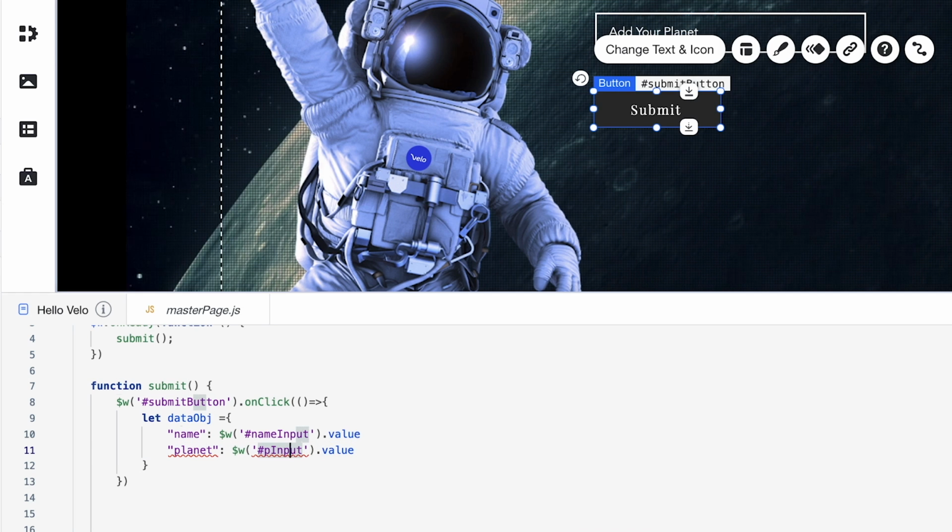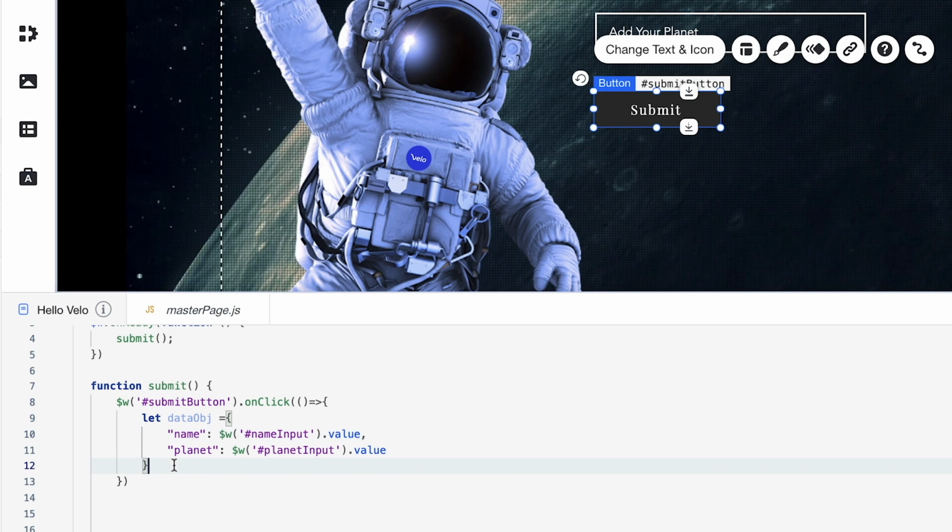Actually, let me erase it all first so it doesn't override. Planet input. Cool. And I'm getting an error here, and that's just because in this object I didn't put a comma here to separate the properties.